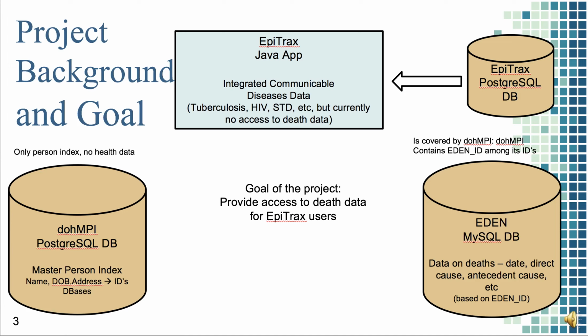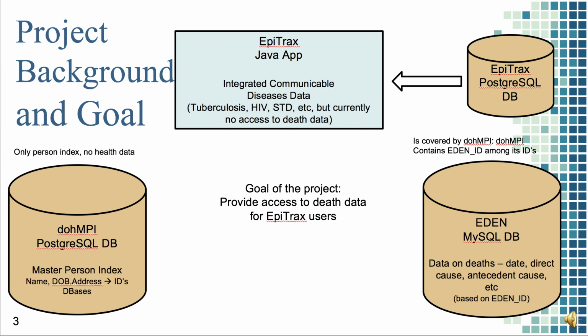This project is concerned with three major parts of Utah Department of Health informatics infrastructure: Epitrax, EDEN, and DOHMPI. Epitrax is a Java web application which serves the need of the specialists in epidemiologists and provides them with access to information on patients' conditions as well as treatments accumulated in several databases on particular